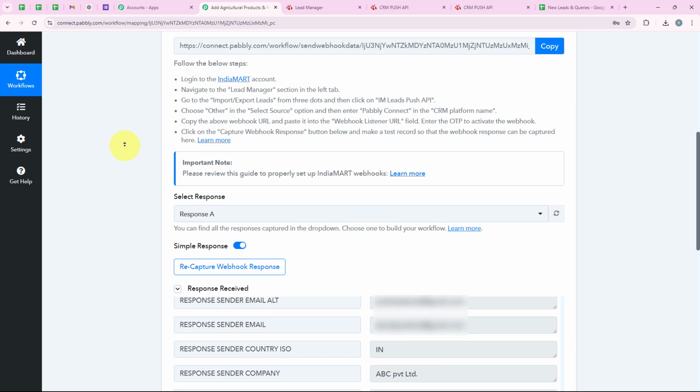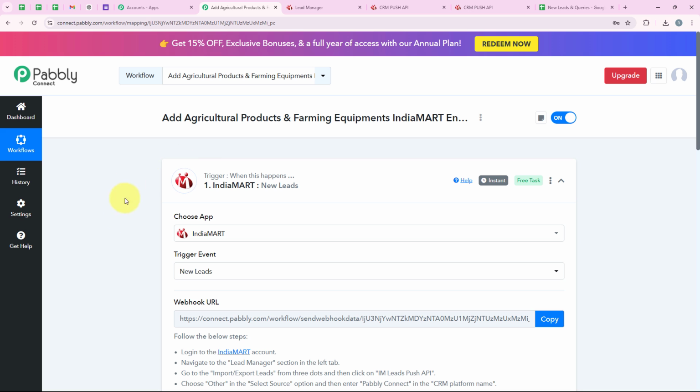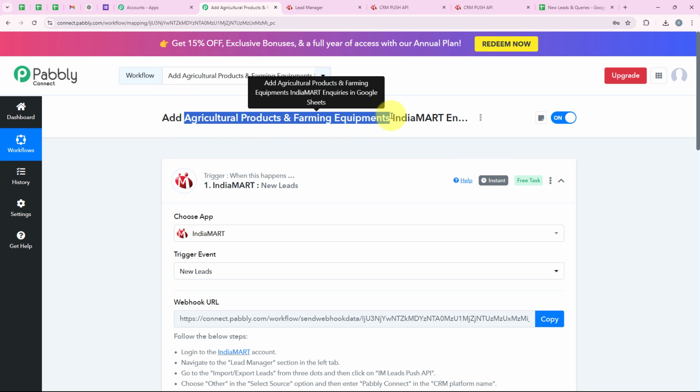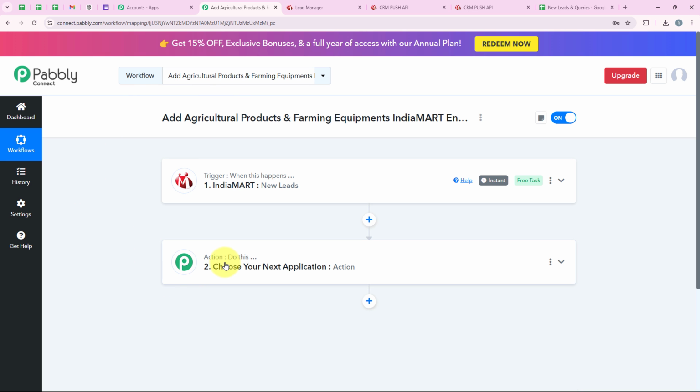So yes, with this we have received a demo response, and I'll just let you know again that I'm going to do this automation for agriculture products and farming equipment, and I've submitted the query for the same. But I've received a test response right over here. You are going to receive the live response because you are running a live product on your IndiaMART account. And after receiving this response, we have successfully completed our trigger step, and now we are going to move on